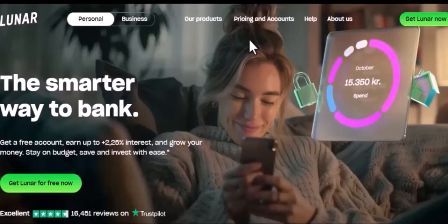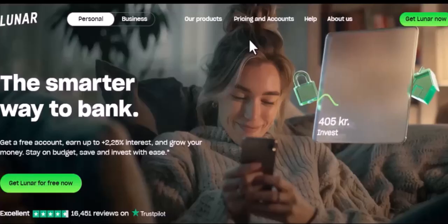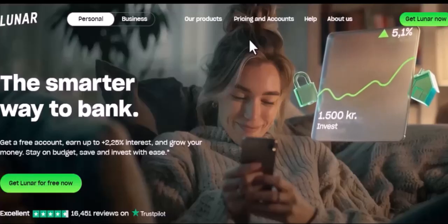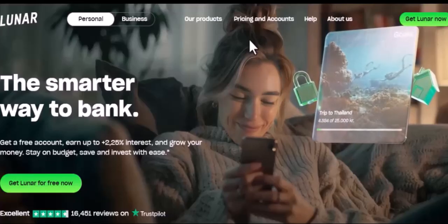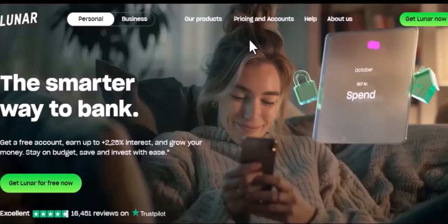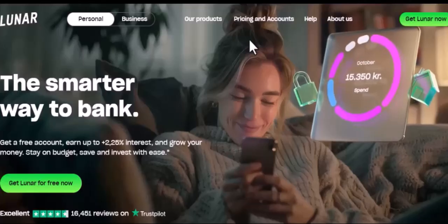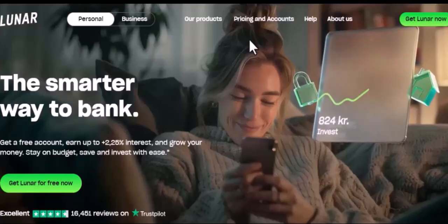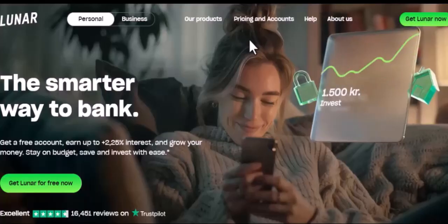Instead of running a constant, draining background sync, Lunar works on demand. When you open the app, it triggers a refresh, reaching out to your linked banks through secure open banking protocols to pull in the latest transactions and balances. This means the moment you check your Lunar app, you're seeing data that is as up-to-date as the last time